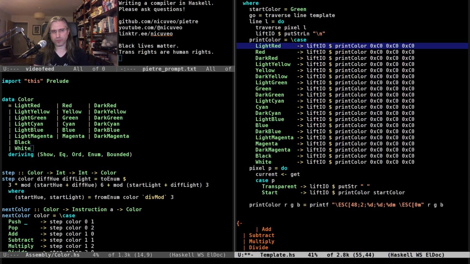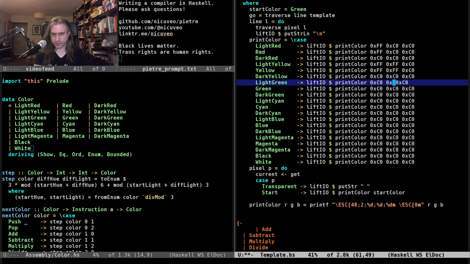So light red is FF here and C0 for the others. Red is FF. So it's FF for all of red and for... Wait, no, it's C0 here. It's FF, FF here and also here.